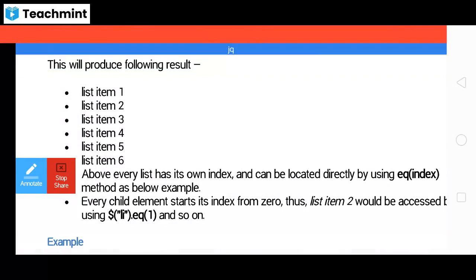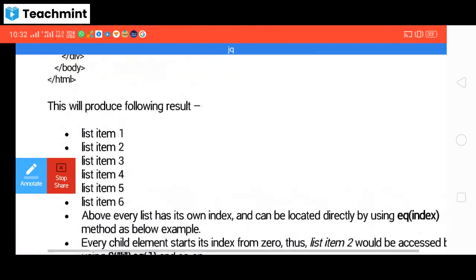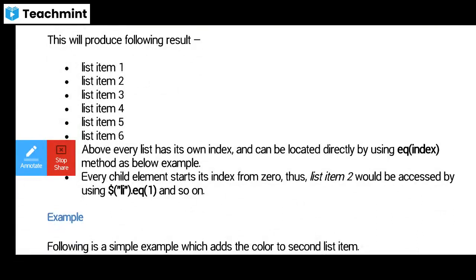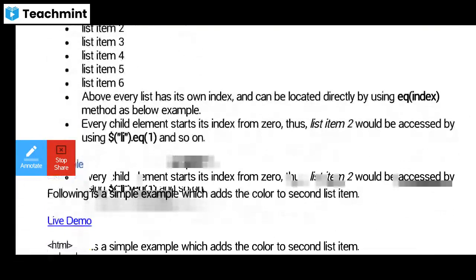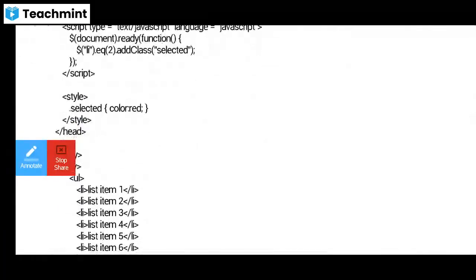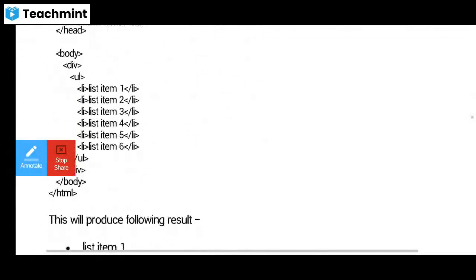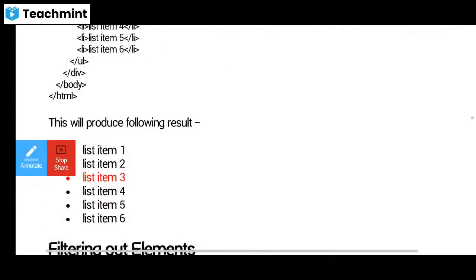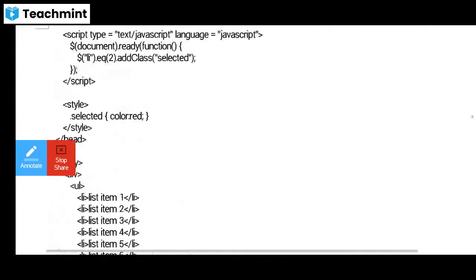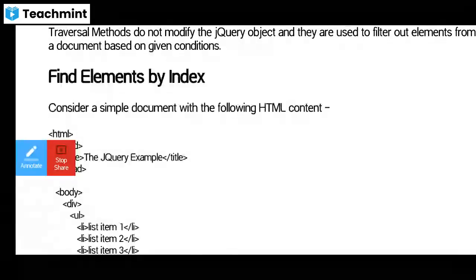Okay, so that is about today's process, today's class. So equivalence index method, and this is the example for the equivalence index method, and we also got the result, and we also executed the particular result. Okay, so this is about finding elements by index.